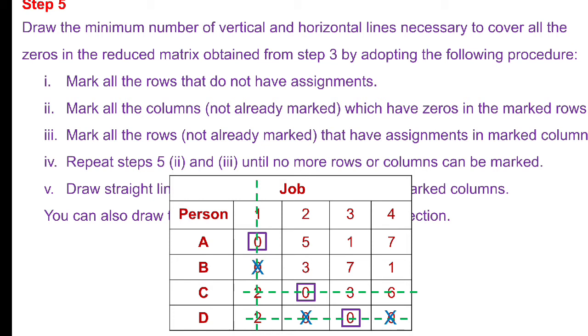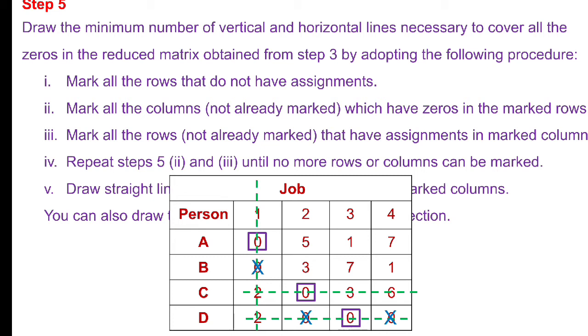Here, this is not an optimal solution because the number of lines is not equal to the order of the matrix. It's not possible, so we need to go for the next step. What is the next step? We take the numbers in the matrix which are not covered by the lines, and consider the minimum of those elements. The elements through which 2 lines are passing,